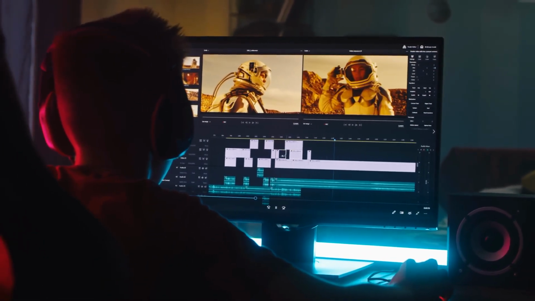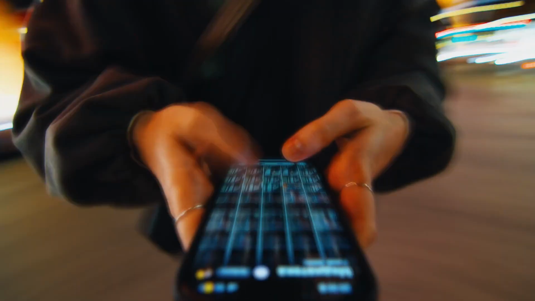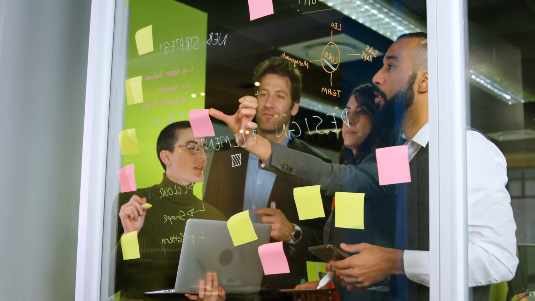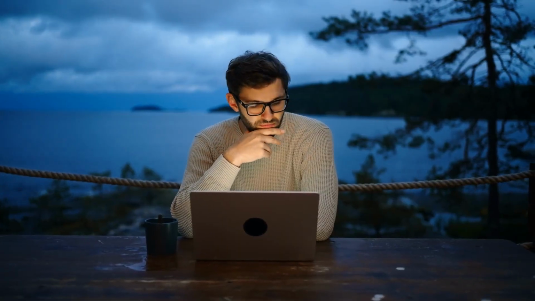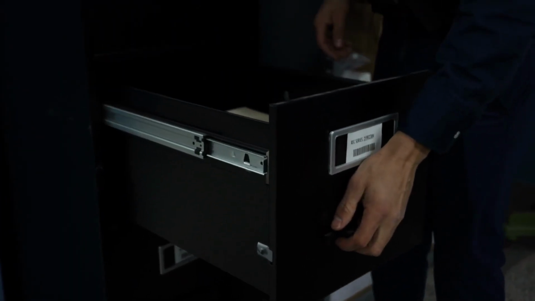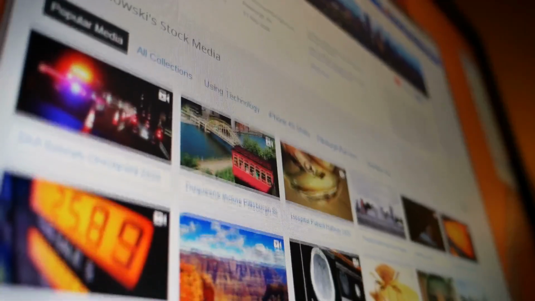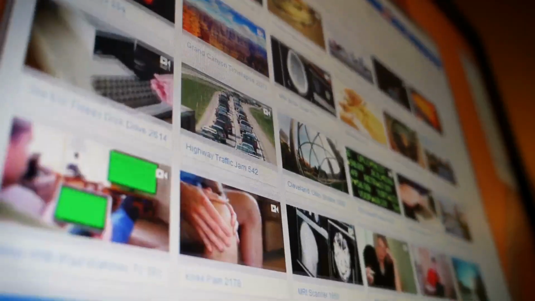Final thoughts, honestly. If you want to stay relevant online, you need a steady output of snackable content. Vizard doesn't replace creativity, it accelerates it. It takes the hours of grunt work and turns them into minutes. So if you have got long videos piling up on your drive, this is a tool worth testing. Try the free tier and see how many usable clips it suggests. You will probably be surprised by how many good moments you missed, and how fast you can go from raw